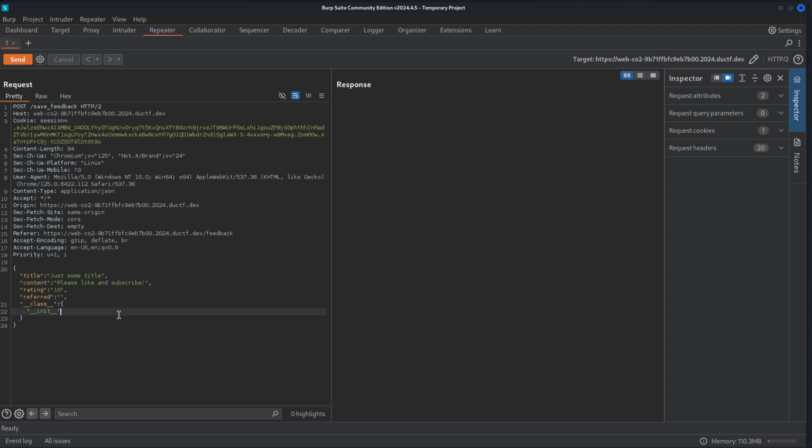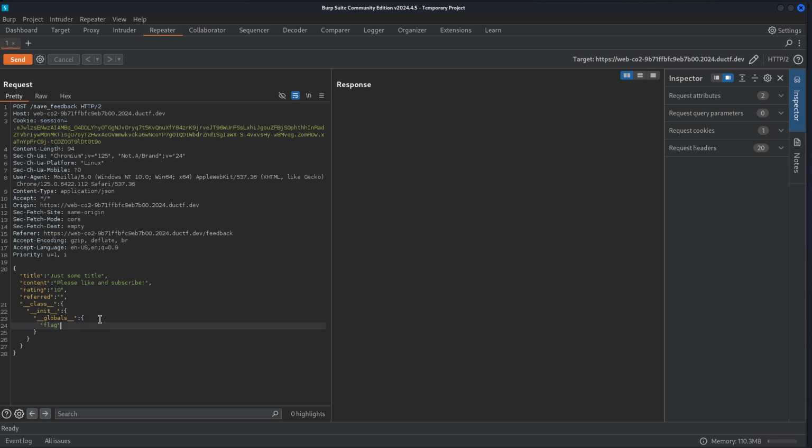And we know the init function has access to the global variables. So we can then say there's another dunder method called globals, and that is the global variables. And since we called the init method of the feedback class, flag was one of the global variables it had access to, we can change